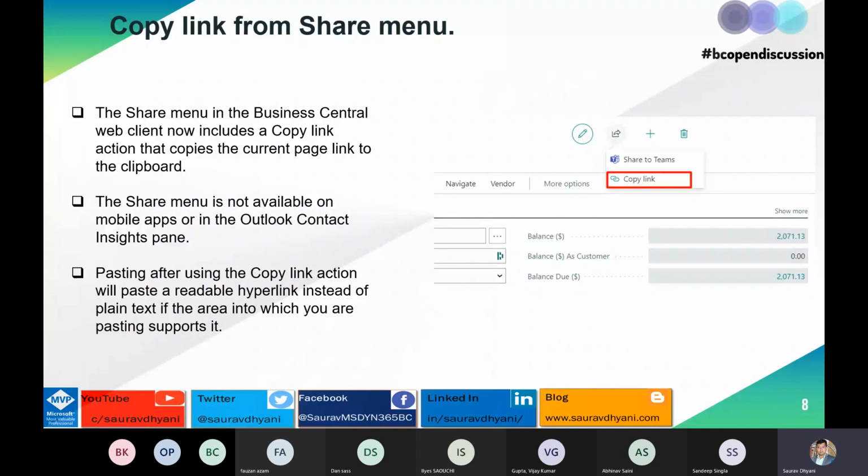With copy link, it copies the hyperlink of that page. If you do it from the list, then it takes the reference of all the records in that list. If you do it from a card, then it links to the one document that is selected. It then copies the link into the clipboard, but based on where you are pasting it, it has different nuances. If you paste it into a notepad, then it'll come as a